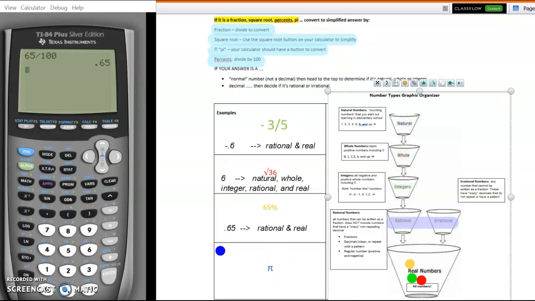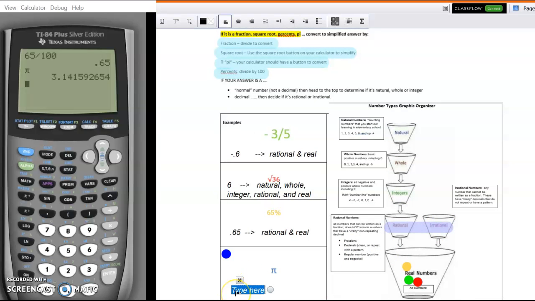The last one here is pi. Here's our last example. Possibly, maybe this one might be one that you don't have on all calculators, but most calculators do. If not, you can Google what pi is, or you can come back to this video. Pi is a very famous type of number. When we put it in the calculator, the answer is